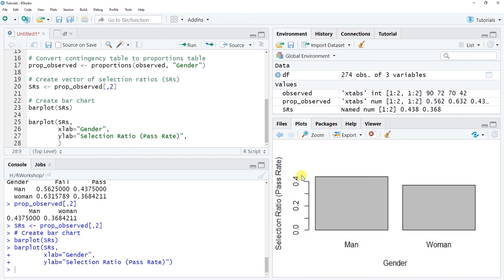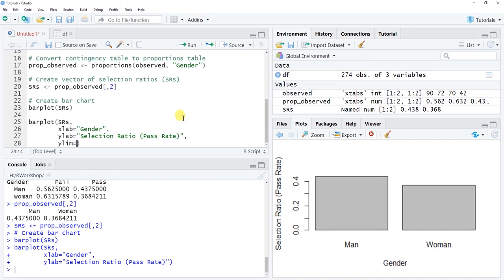The highest possible would be 1.0, which would mean 100% of people who took the test actually passed it. Okay, just for the sake of demonstration here, let's extend the y-axis limits to those max and min